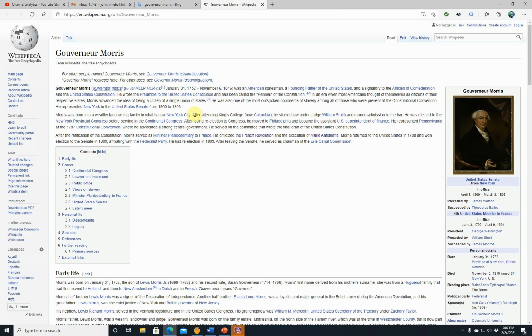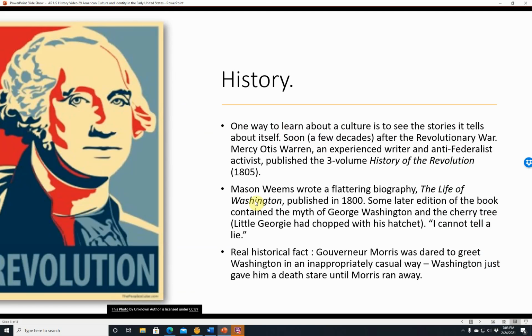He was born into a family in New York City, so he was kind of part of New York state politics and federal politics. He was definitely a big deal in both. Actually the kind of guy who might be able to go up to George Washington and greet him in a very familiar way, but I guess not. And he was also chairman of the Erie Canal Commission. So those of you from New York State, he's one of the people who helped get the Erie Canal, also known as Clinton's Ditch, dug. All right, but let's get back to this.